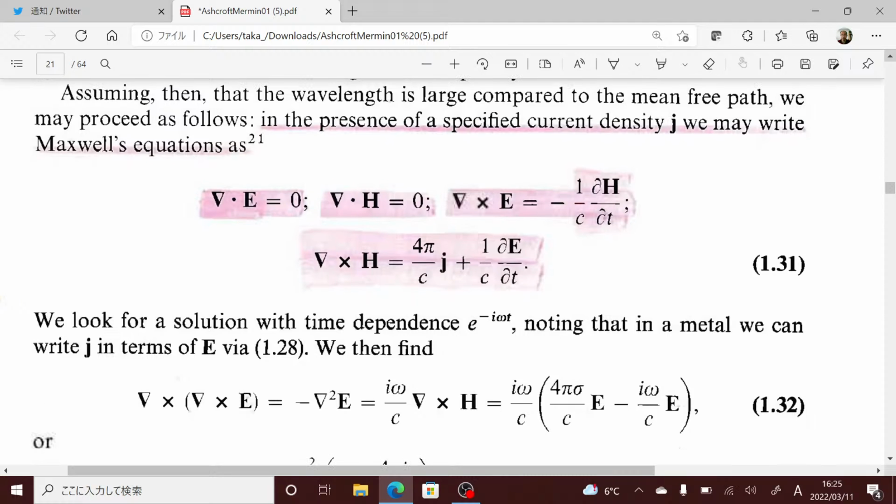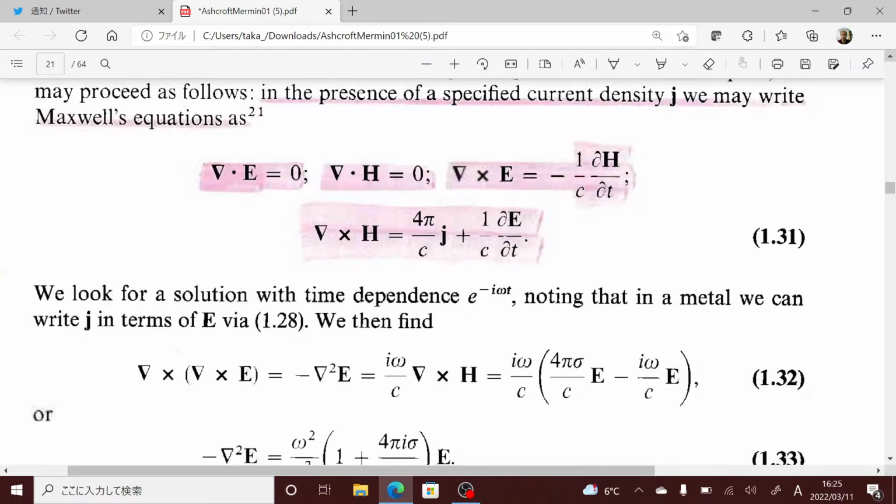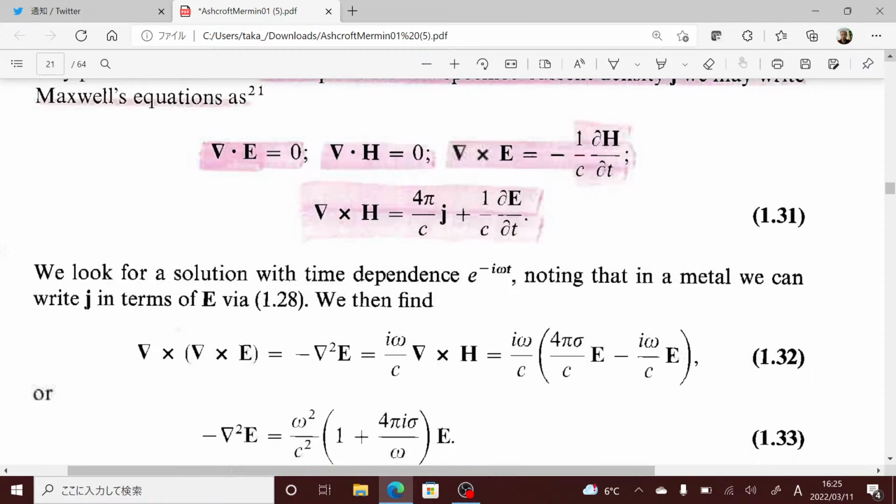We look for a solution with time dependence e to the minus iωt, noting that in a metal we can write j in terms of E via 1.28. We then find curl of curl E equals minus nabla squared E equals